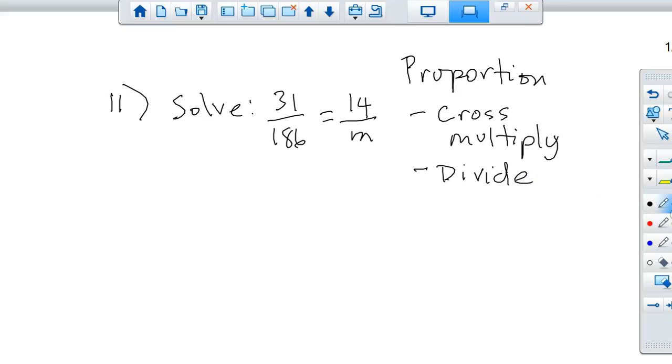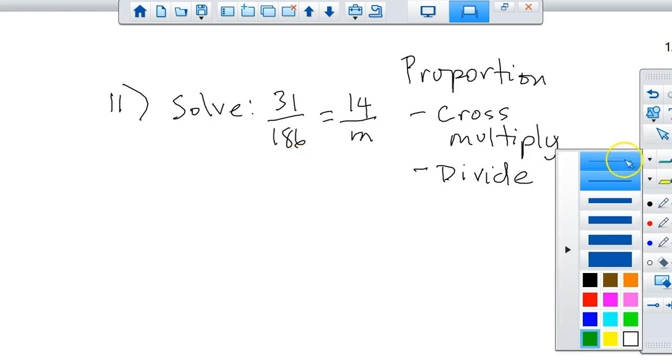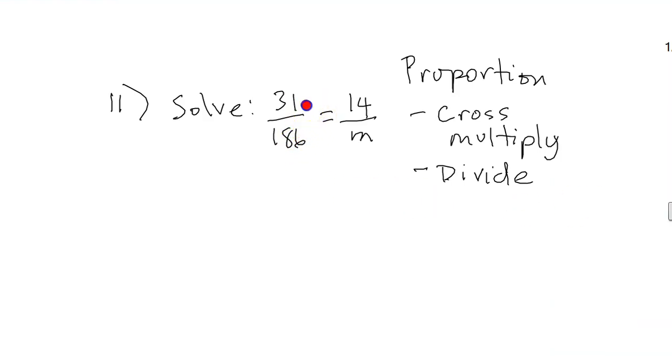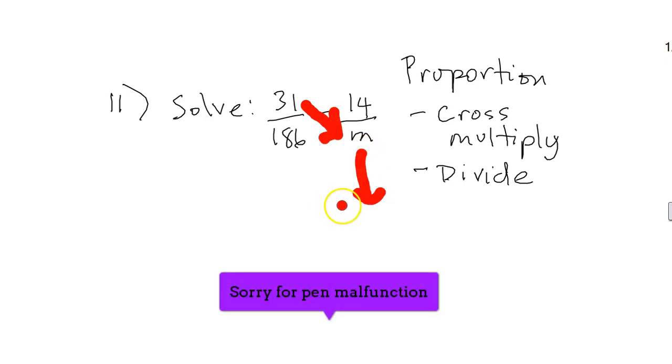So I'm going to show you how that looks. Okay, so give me 1 second. I'm going to switch over colors. All right, so now, if you're going to cross multiply, you're going to cross multiply this way. Then you drop this down. Sorry, that's super thick. I didn't expect it to do that. And so the way that looks,